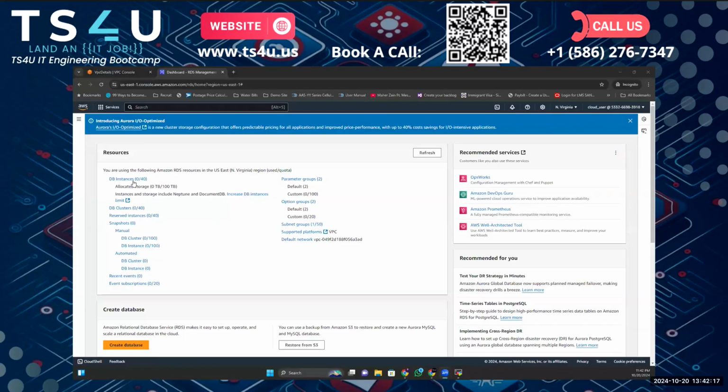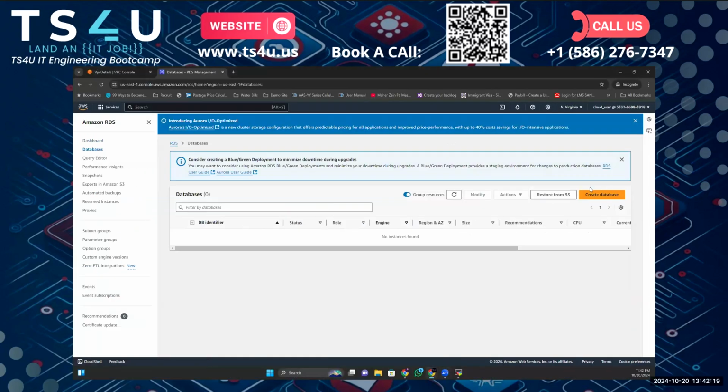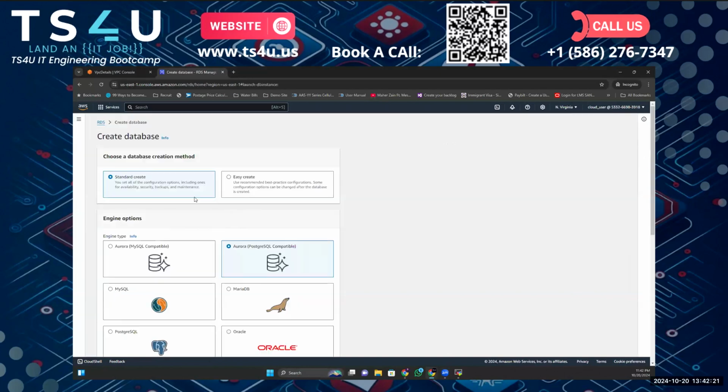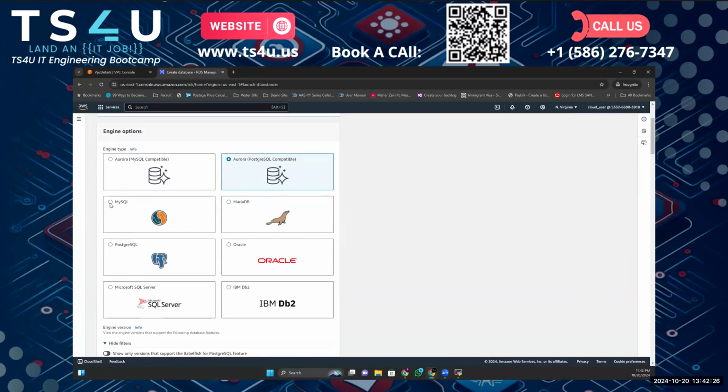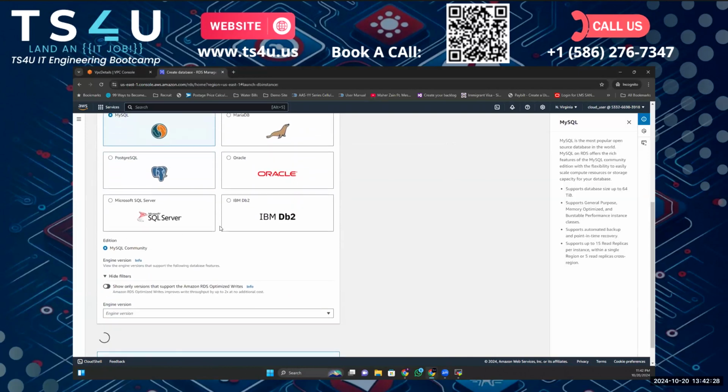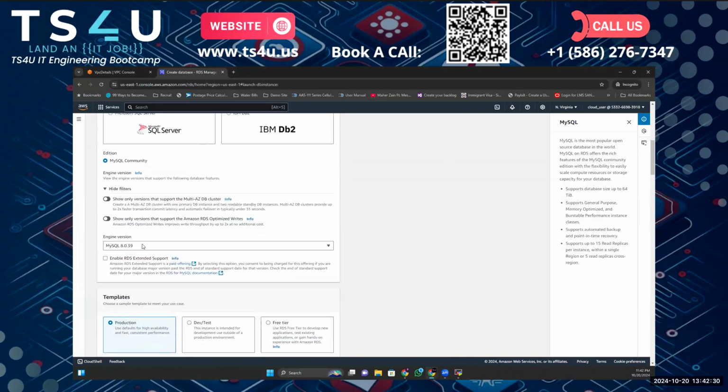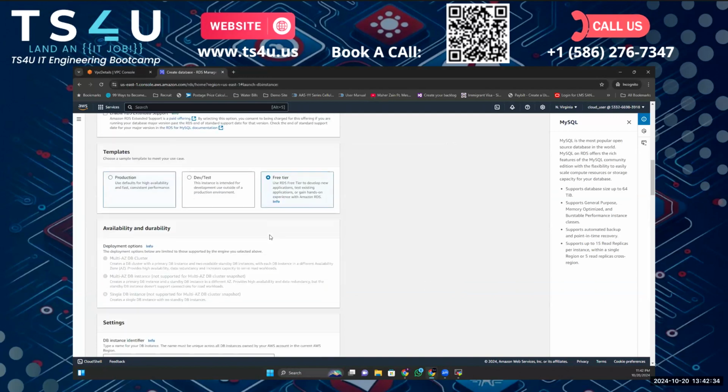Okay, now I'm going to create the database from here, the RDS. So let's just click on create database, standard create. We don't want the easy create. Going to select the MySQL database, then the default filters, then just give the default one, then the free tier,